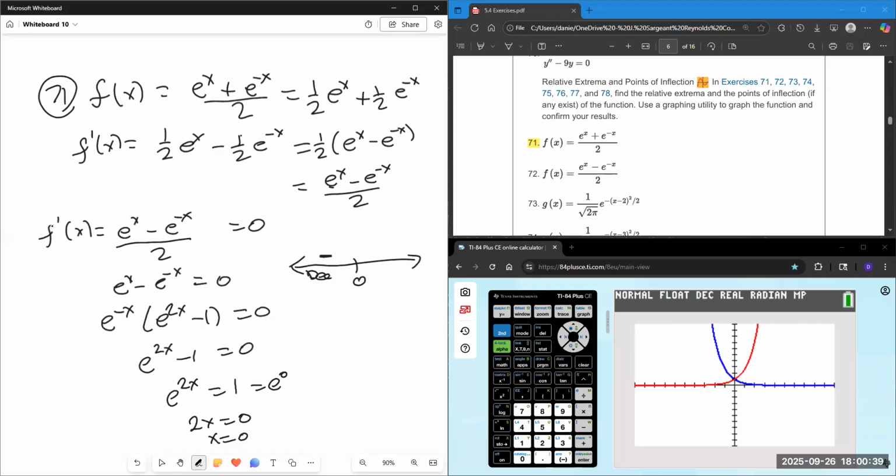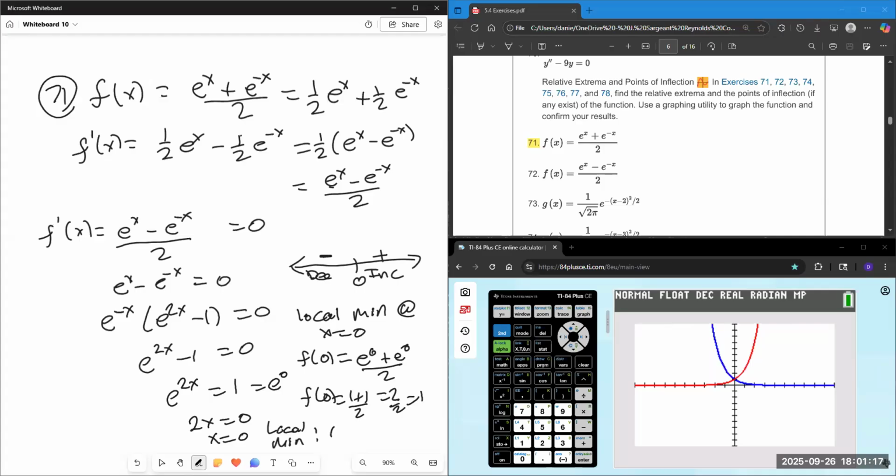And when I have it the other way around, positive exponent and negative exponent, big number minus small number is positive and increasing. So that means there's a local min at x equals 0. F of 0 is e to the 0 plus e to the 0 over 2, which is 1 plus 1 over 2, or 2 over 2, which is 1. So local min